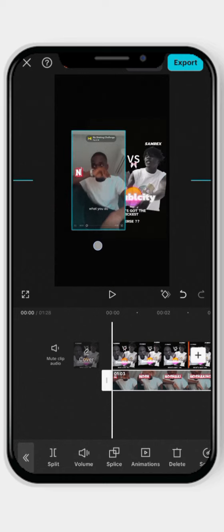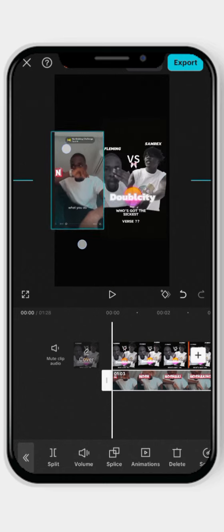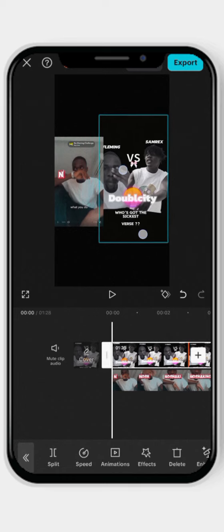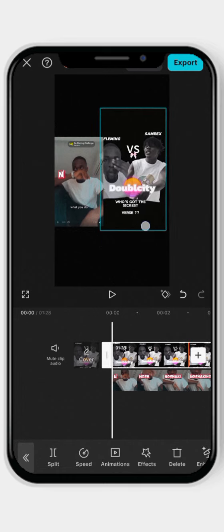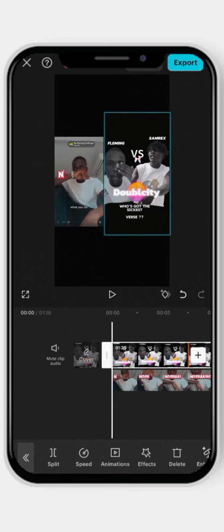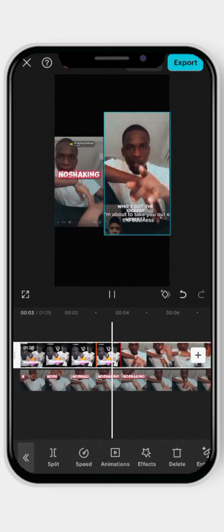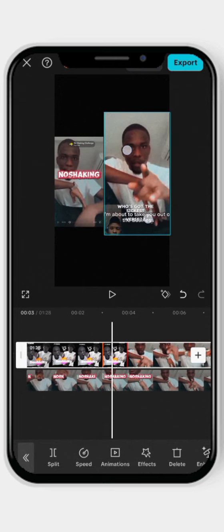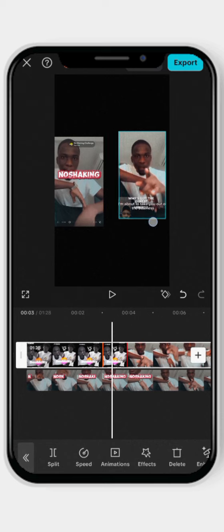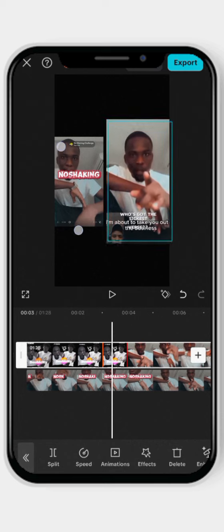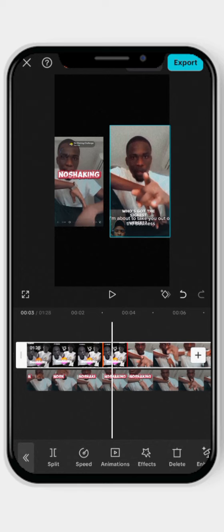I'm going to resize that video. I'm going to click on each video and resize it till it gets fit together, like it gets to the same size. So that's what I'm doing. You can see it's not the same size, so I'm going to go on and adjust till it's the same size. So that's just how to make a duet